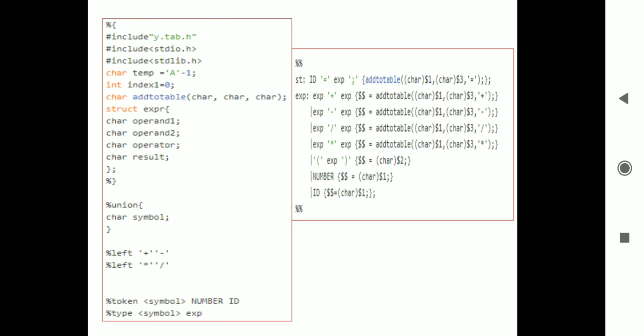Now tokens are there, numbers and IDs, these are the tokens, and expression is nothing but a type. So this is the definition section, and this is the translation section.